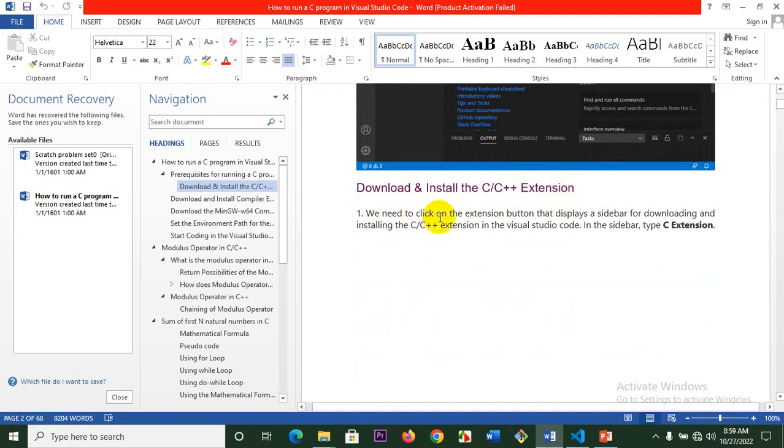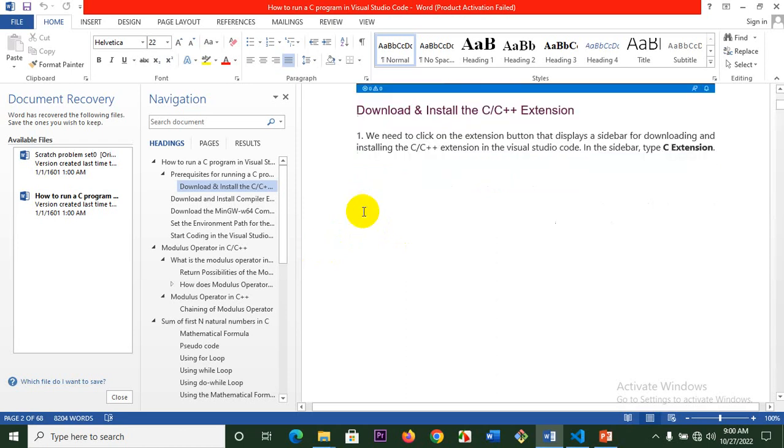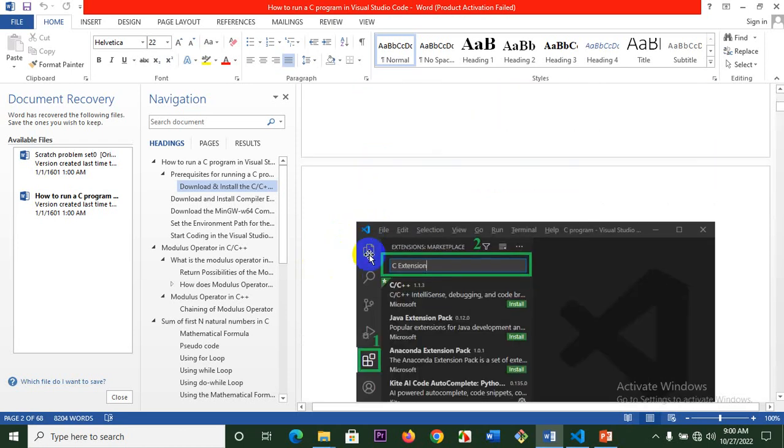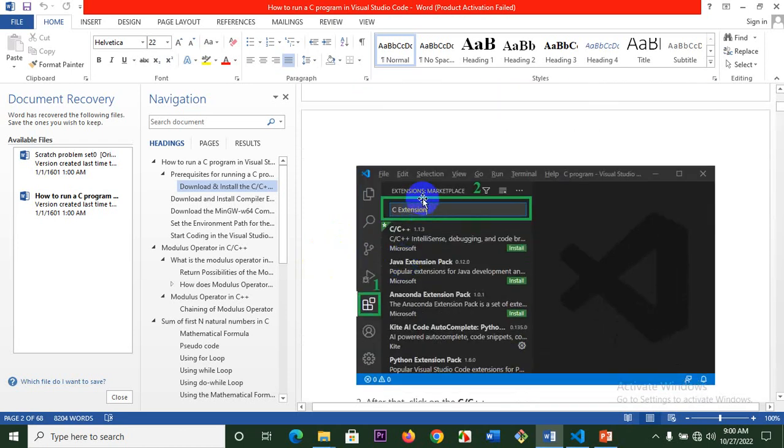We need to click on the extension button that displays a sidebar for downloading and installing. In this guide, I have narrated everything, showing you a step-by-step guide on how to go about that. This is the first thing. First, click